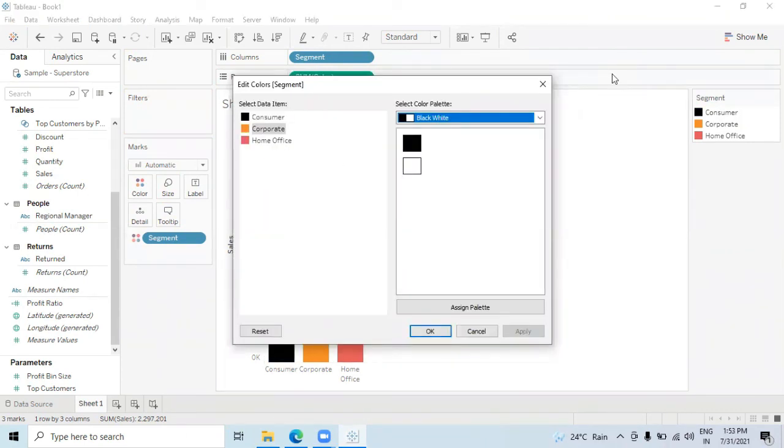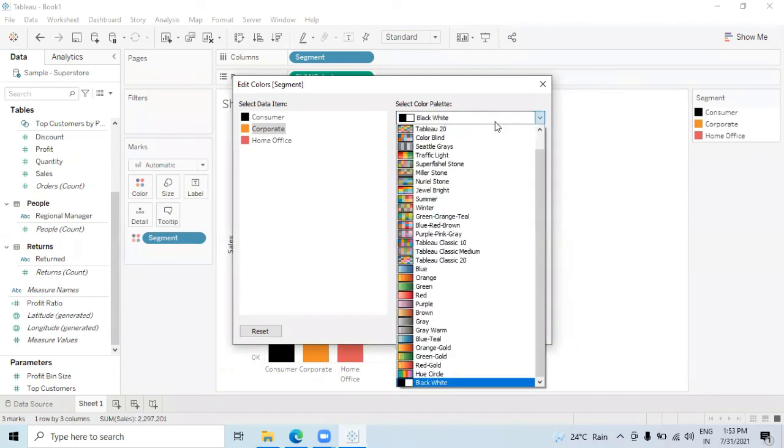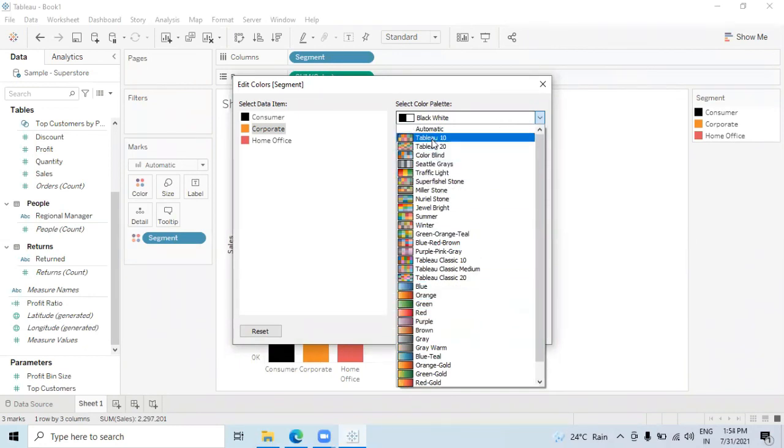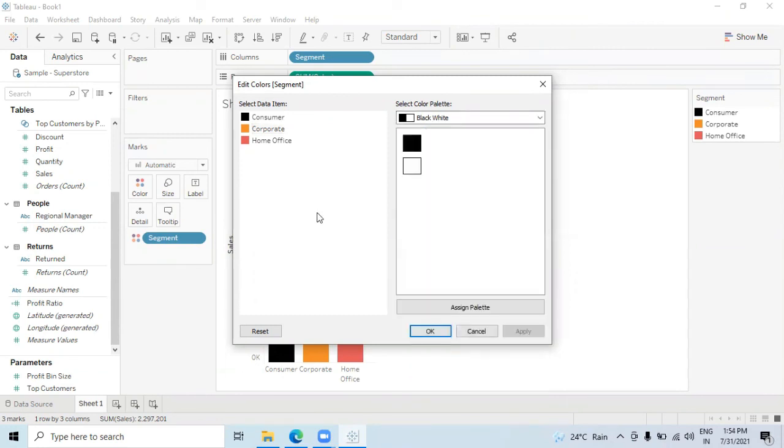Now, this could be seen as a small thing, but it could be very useful if you're working as a developer or as a team of developers. You can create a common TPS file and share it across your team so that every person is not using a different set of colors. You can control the colors which are being used inside your project or inside your team. And you need not move across different color options to get a required color. So it could be very handy, and it can also be asked in an interview.